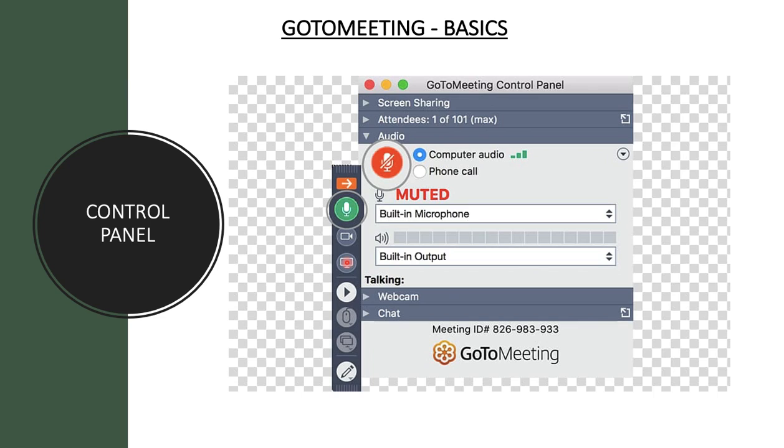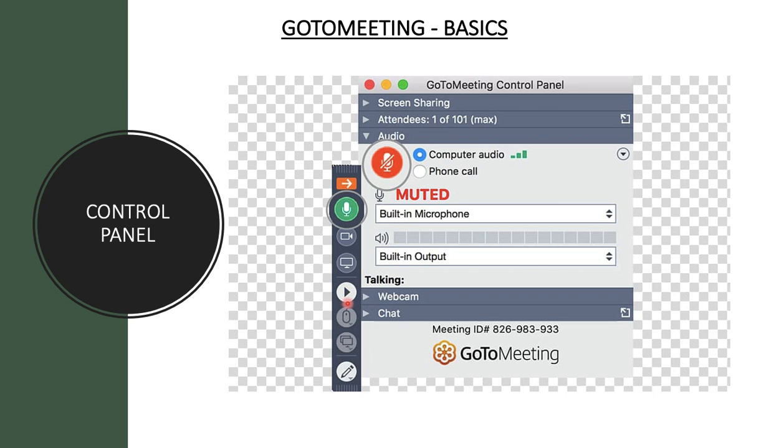So normally the presenter would have access to this particular icon, and if you are an attendee, unless an organizer or another presenter makes you the presenter, this icon would be inactive. So it gets activated only when you are made a presenter.